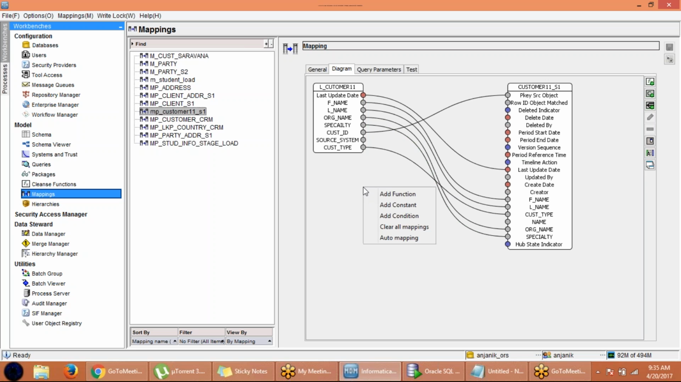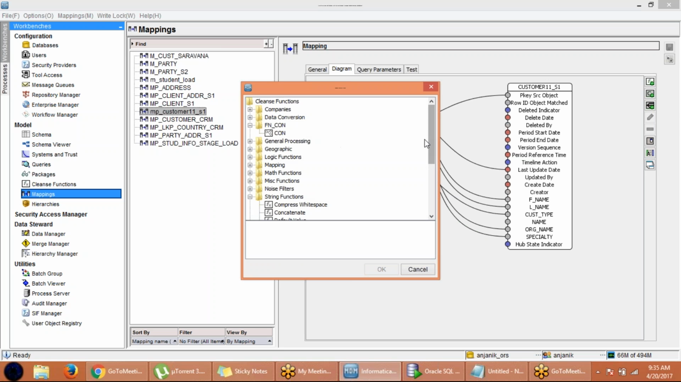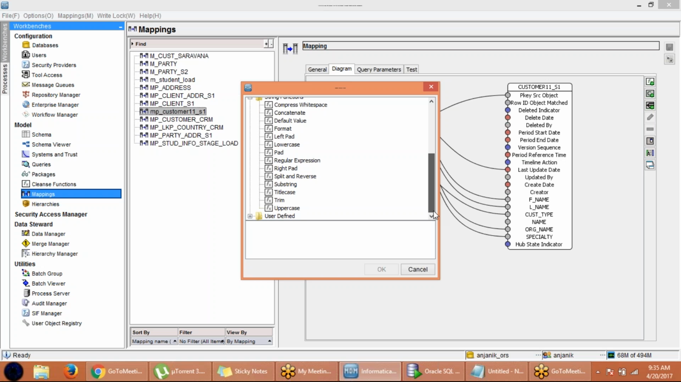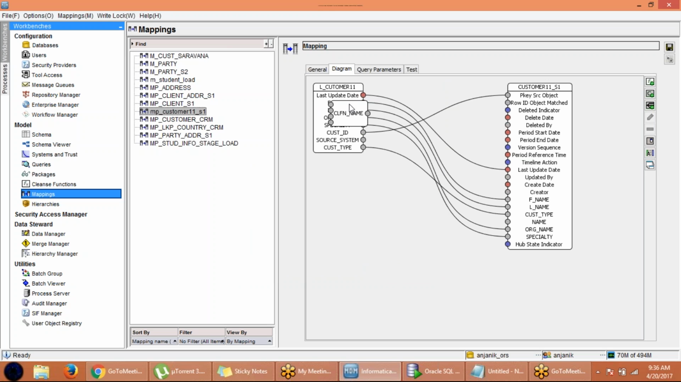So we'll use it. Do the right click and add function. Okay. So here you select your folder. It is in the user defined folder. Expand it, and we have created this one, CLFN name, right? So this is the thing. Do the right click, click on expanded mode. It will show you the field names also,